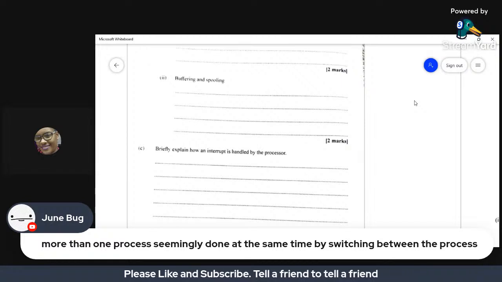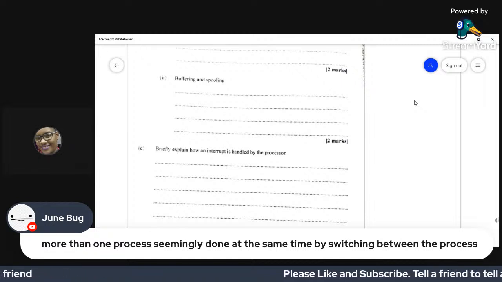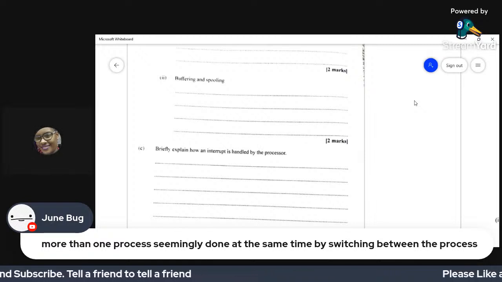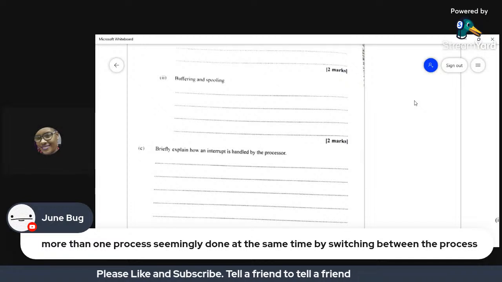So buffering is the process of assigning or designing areas on your primary or secondary storage, which is RAM or your hard drive, to store entries or requests made by your input or output devices.